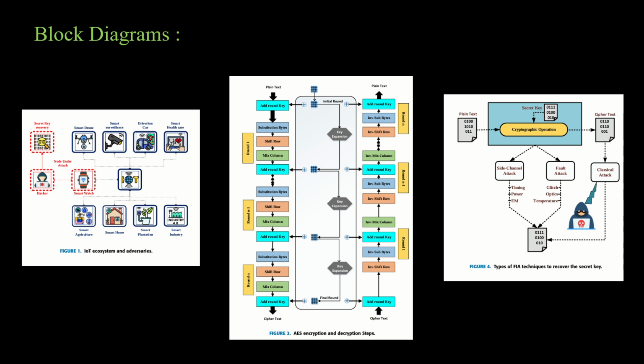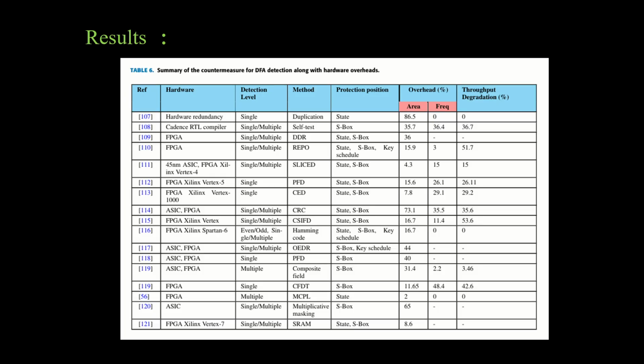So these are the block diagrams which shows a visual representation of AES encryption and its optimizations. Shows how data flows through different AES steps, and the third one highlights where modifications are applied. So these were the block diagrams which I have extracted from that standard IEEE research paper, and these were the results mentioned in the research paper,